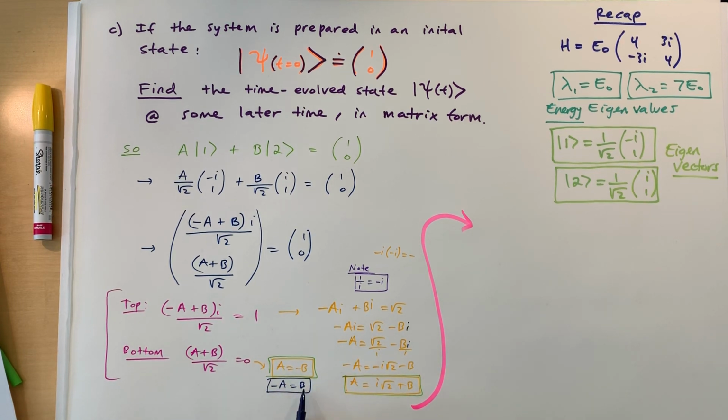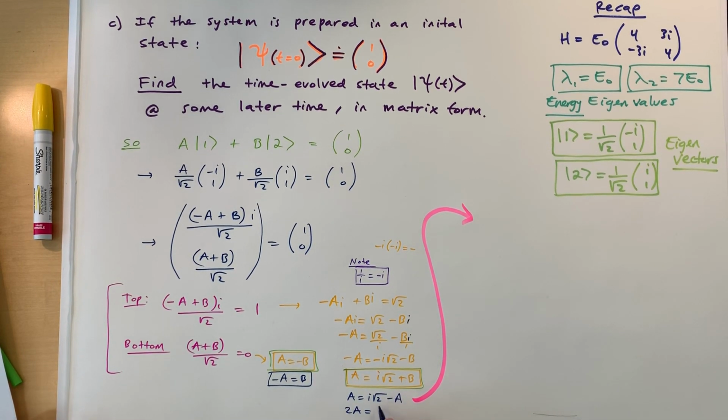Then I can plug in here the B, and I can get A is equal to i square root of 2, and for the B I put negative A, right? When I put this A to the other side, I'm gonna get 2A is equal to i square root of 2, and then finally,